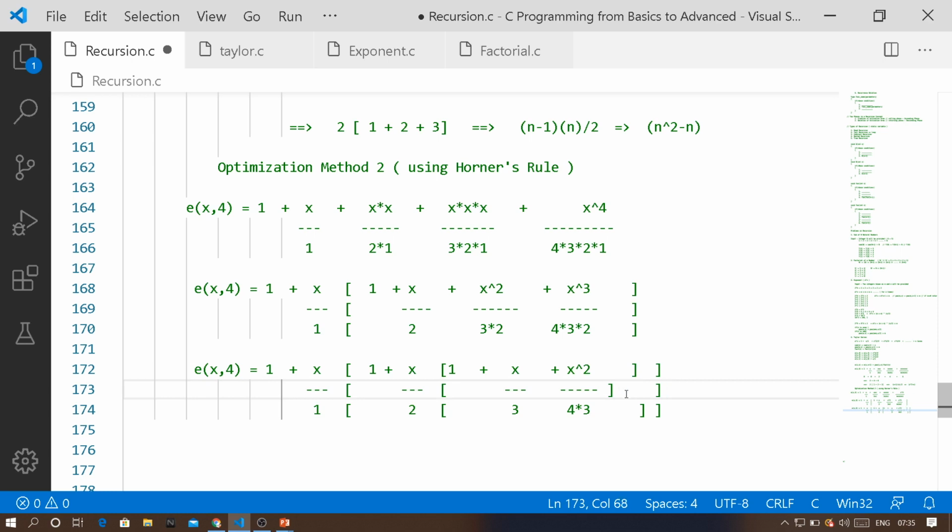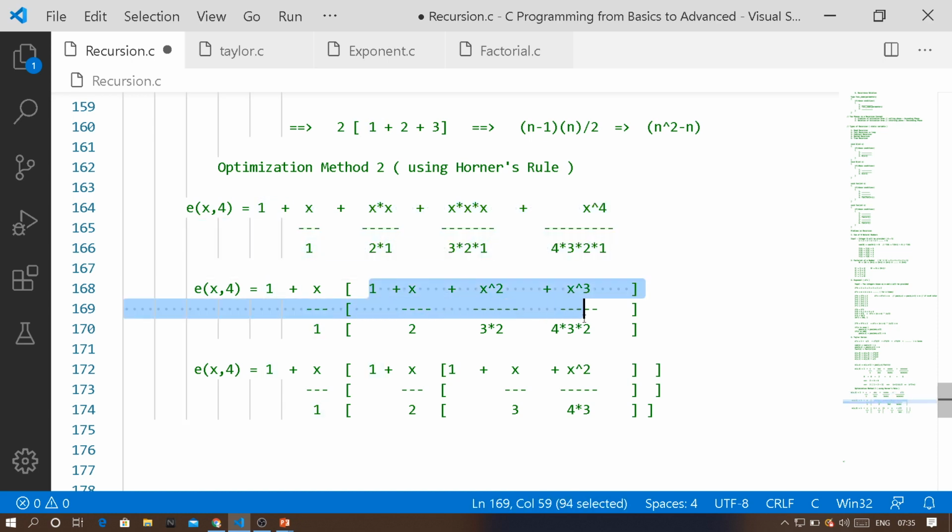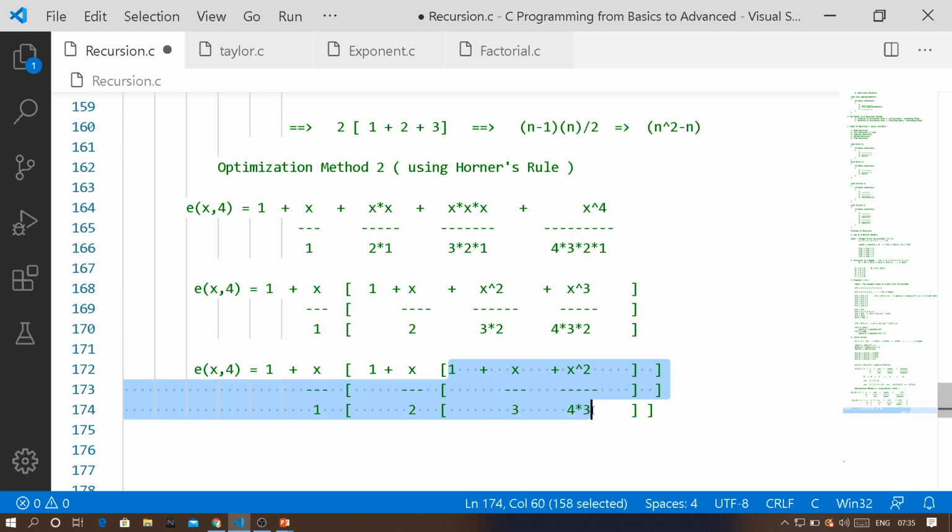Okay, one minute. So now, according to Horner's rule, what we are doing is taking common terms outside. This is what Horner's rule is mainly about. It's a mathematical rule. So now we are not going to stop here. Initially, I simply retained 1, and in the remaining terms, I took x divided by 1 common outside, and I got a new internal equation. Now in this internal equation, I kept my 1 aside, and I took the remaining terms and took x divided by 2 common outside. Now I get a new internal equation.